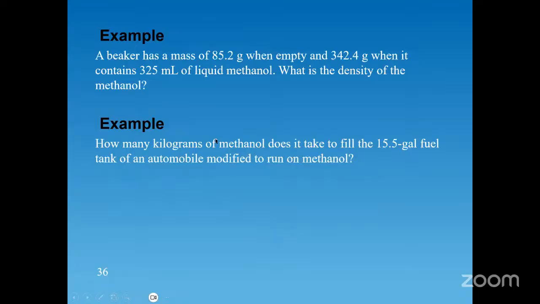Okay, so this question here says a beaker has a mass of 85.2 grams when empty and 342.4 grams when it contains 325 mL of liquid methanol. What is the density of the methanol? So basically what I would do is first try to find out the mass of the methanol. Let me do that down here. So the mass of the methanol